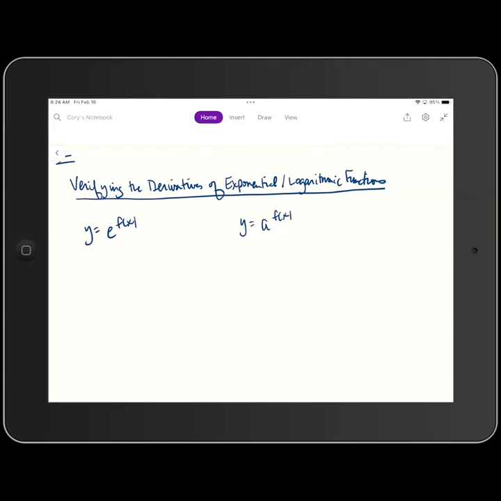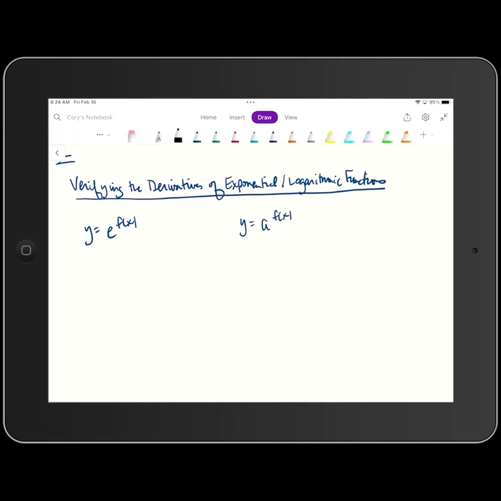Okay, so we're going to start the second half of this lesson by looking at how we come up with the derivatives of the exponential and logarithmic functions that we've looked at in the last two sections. So these are kind of like how we derive the formulas to differentiate these functions. So if we start with the function y is equal to e raised to the f of x power,